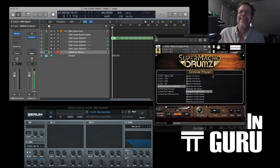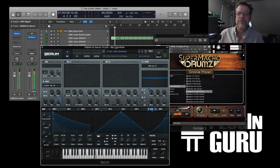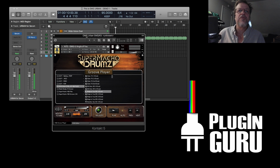And now, I have it in Serum playing the melody part, so I can do all sorts of things. So that's why there's the flexibility of having it in 3 different plugins. It gives you the strengths of each one to do different things. This gives me the ability to take this main groove,